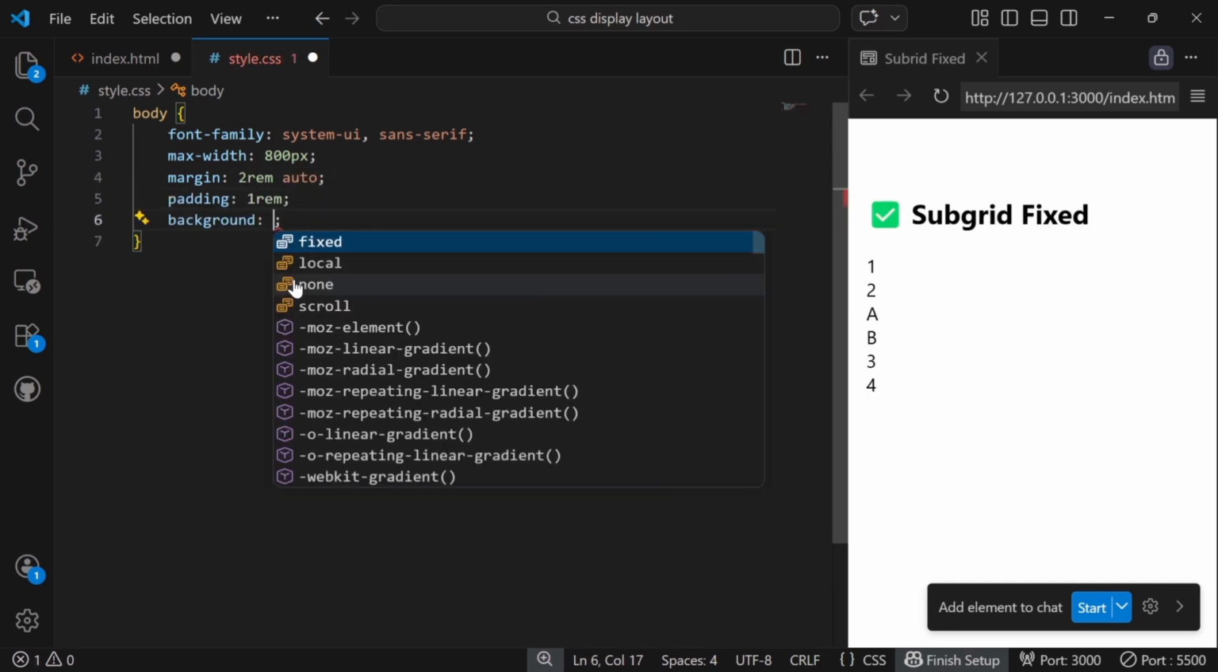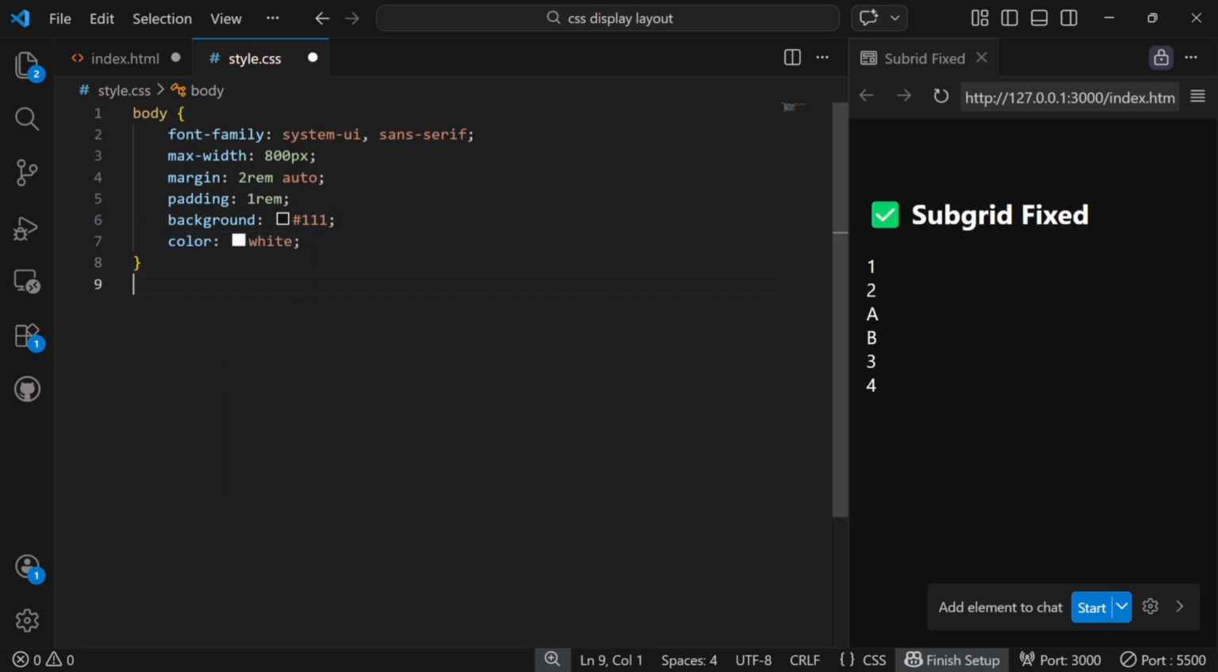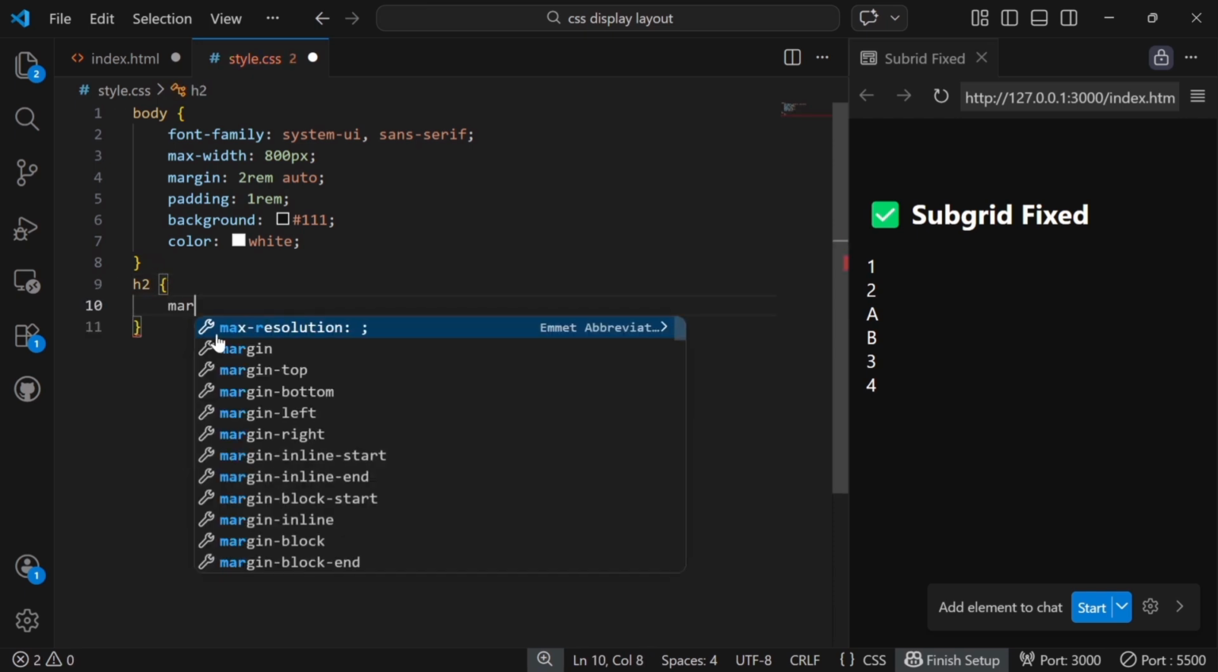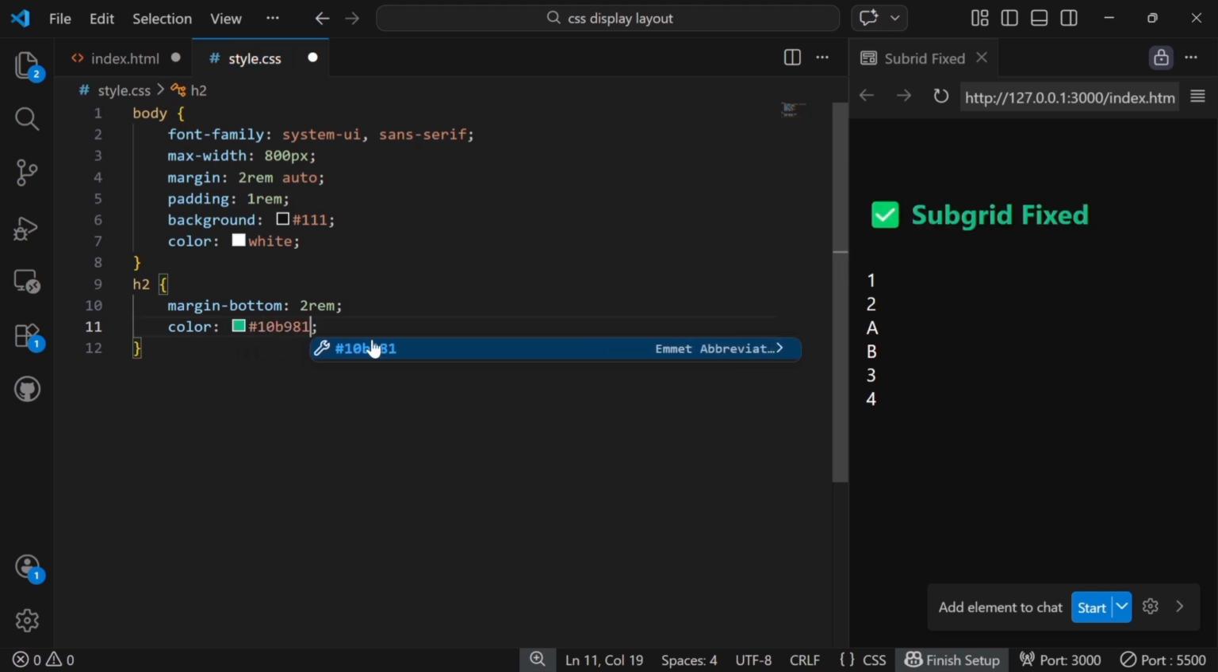We set the font to System UI for a clean default look. Then we limit the width of the page to 800 pixels and center it using Margin Auto. We also add some padding, set a dark background color, and change the text color to white so everything is